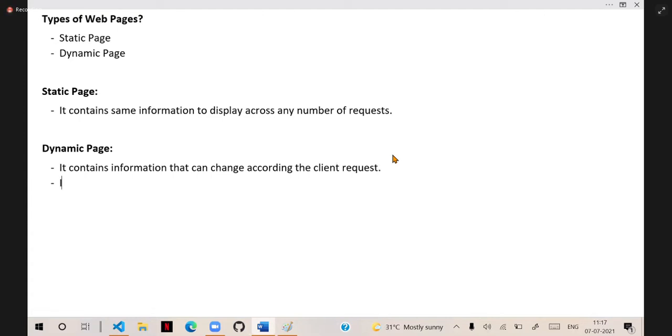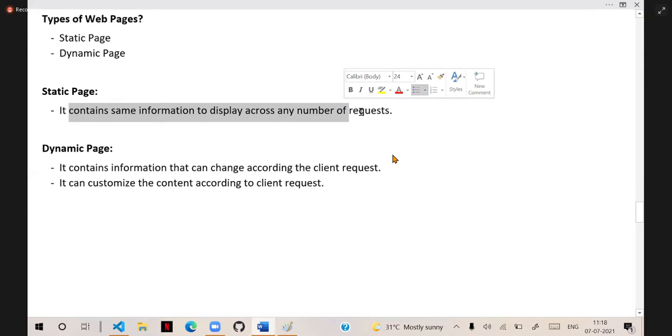So that means it can customize the content according to the client request. That is what a dynamic page is. Static page contains the same information to display across any number of requests.